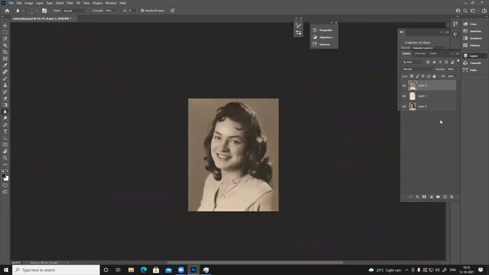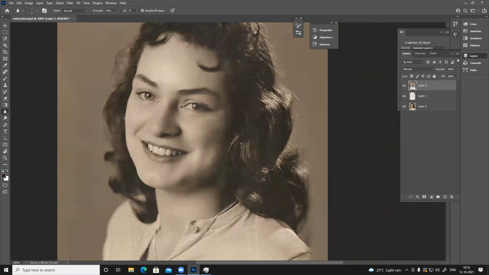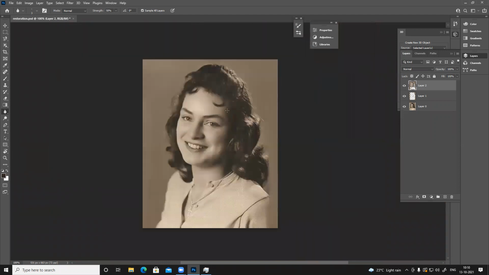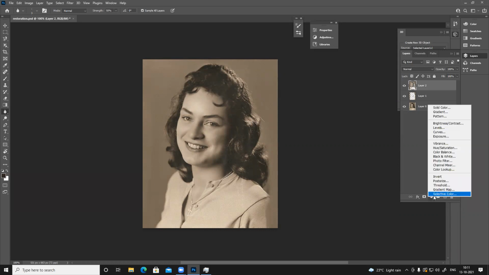Okay, so right now you can see older photos you have seen look like this. This is basically called sepia tone. When you develop any photo, it gets old, it gets this tone. To change this, I have to color it. Whatever color I add will mix with this color and give me some different color. So I have to make it black and white.